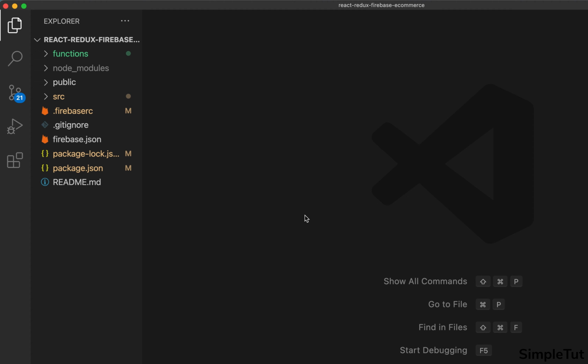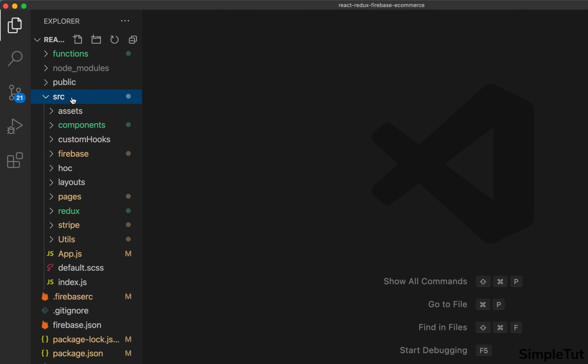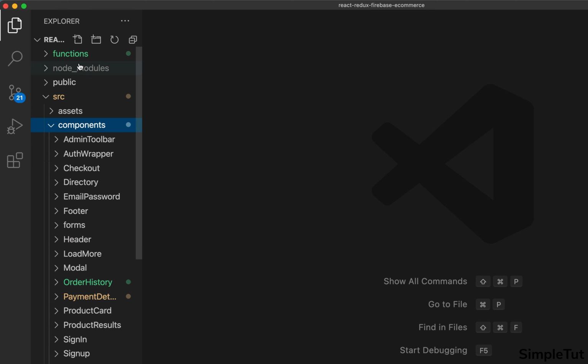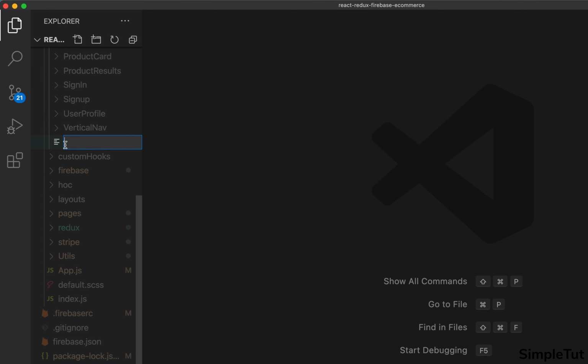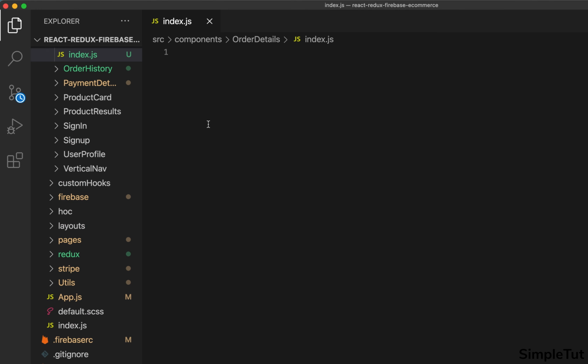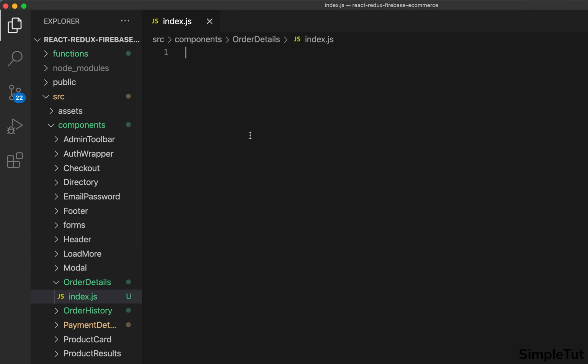Okay, so now what we need to do is create our order component, right? So this is going to render out our order details using the same Material UI table that we used for our order history component. So again, within my components folder, I'm going to create a new file. We're going to call this order details/index.js, right? Now again, this is going to be a simple functional component. So let's say import React from